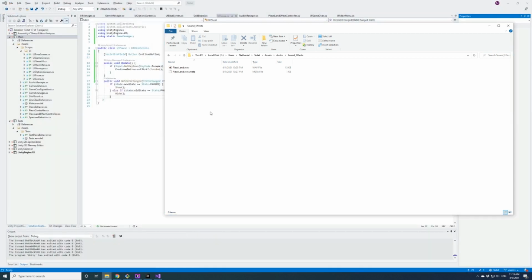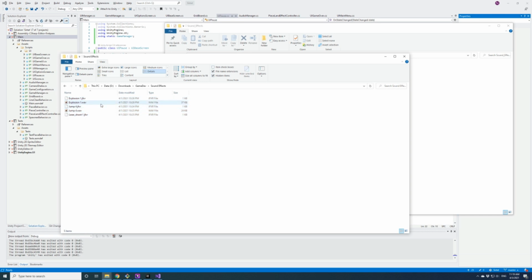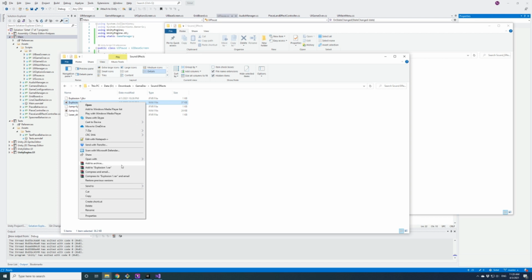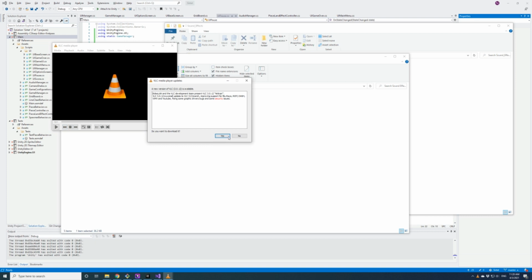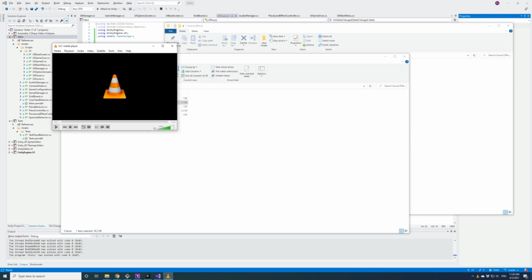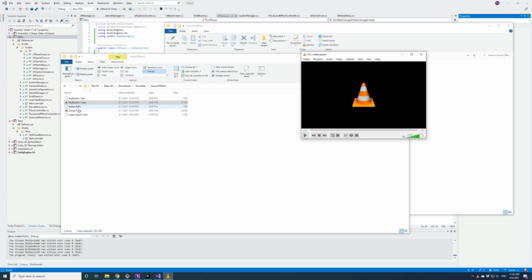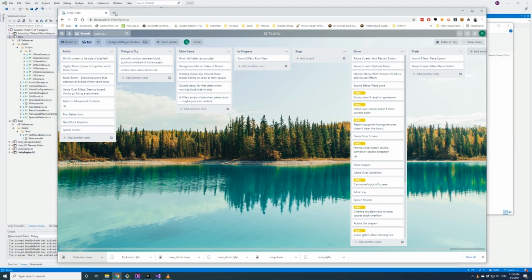So we have some sound effects here in this folder. Now we'll update VLC later. Maybe not. I was thinking something a little more happy sounding.